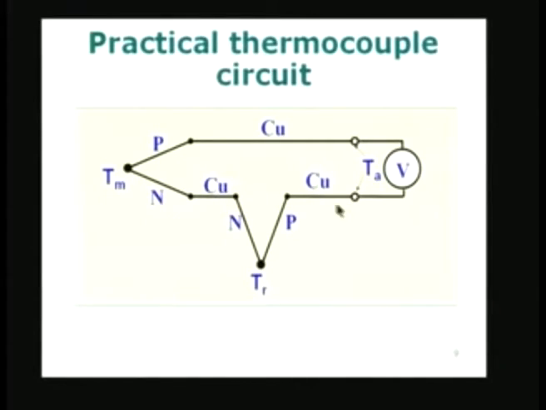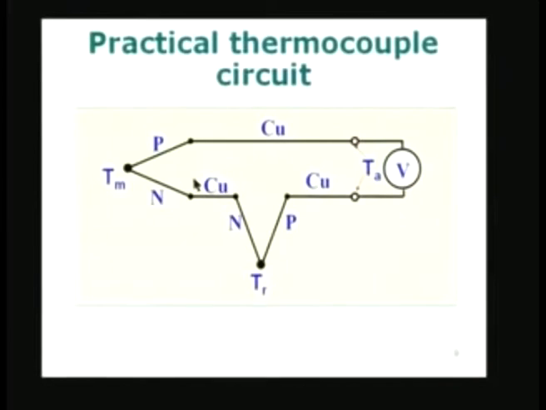That is also possible. The advantage of using less expensive junction wires is that most probably the performance of that material will be similar to the P material or the N material, as the case may be. And because the temperature variation is very little in that wire, any inhomogeneity in that is not going to materially affect the temperature measurement.